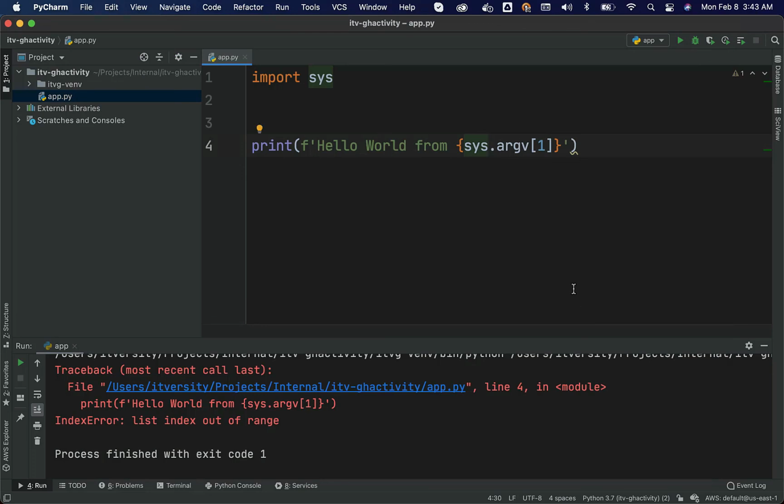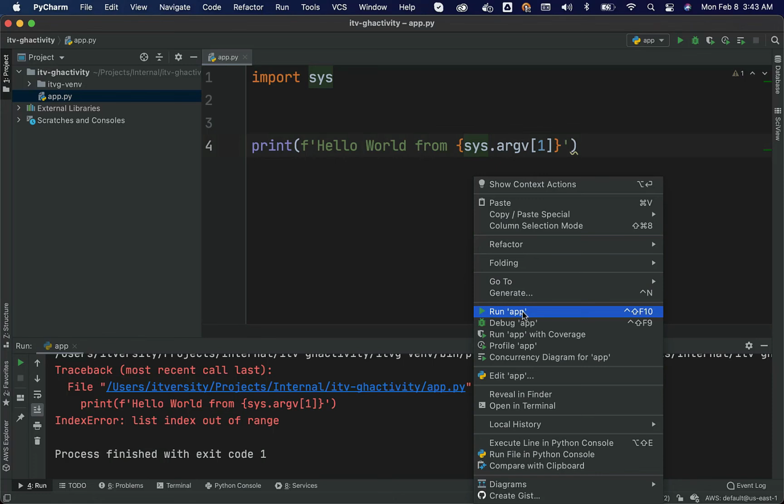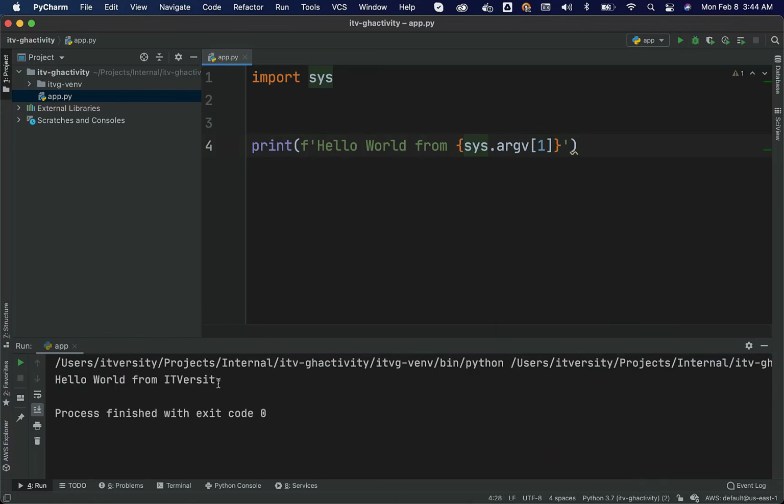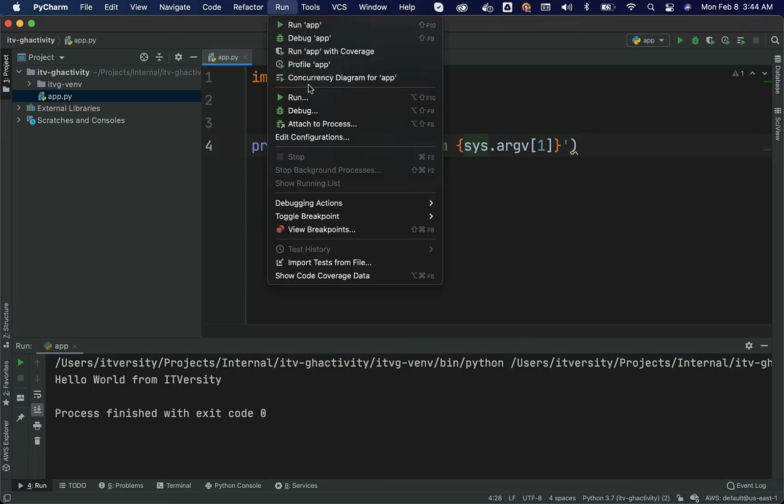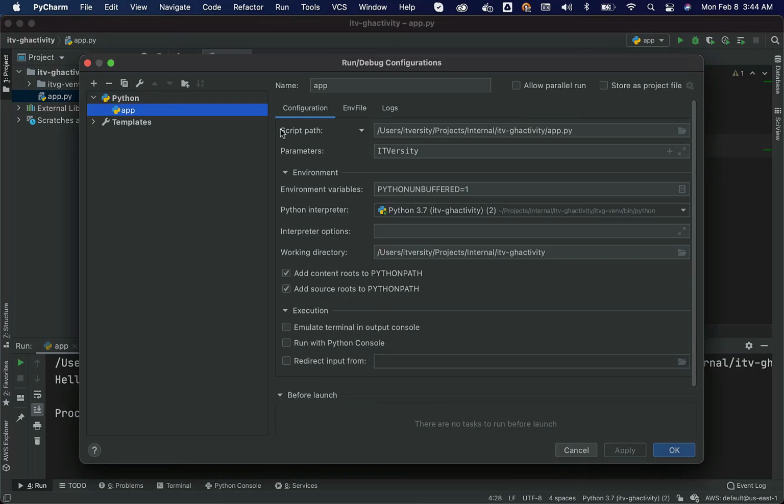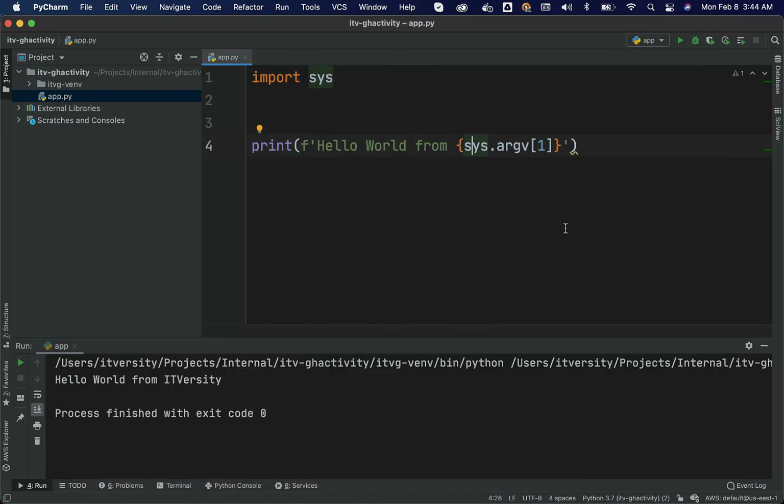Now configurations are set for our PyCharm wizard. We should be able to right click and say run. Now you can see the output here. If you have multiple arguments, then you can actually pass multiple arguments as part of the parameters itself in edit configurations. You need to ensure that appropriate script is chosen here, and then you can pass as many runtime parameters as you want using space as delimiter. This is how you should be able to pass runtime arguments to your programs and also validate either by using terminal or PyCharm.